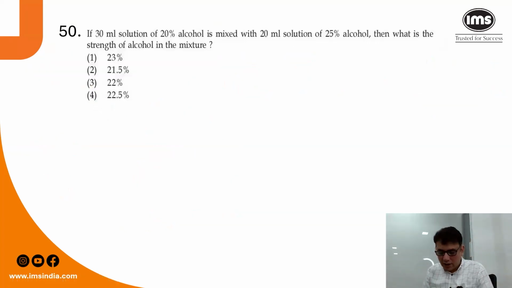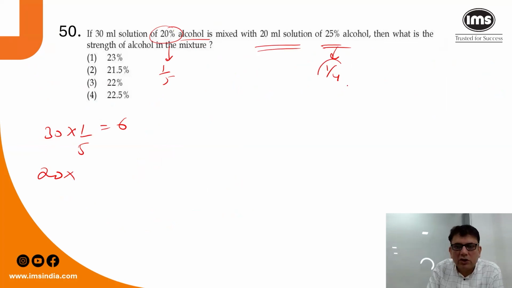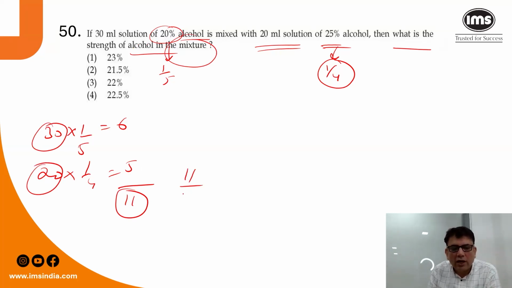Moving on to question number 50 and the last question for this session. If 30 ml solution of 20% alcohol, एक आपके पास 30 ml solution है, उसमें अल्कोहल कितना है 20%, which means 1/5, तो अल्कोहल कितना हो गया 6, is mixed with 20 ml solution, 20 ml solution है, उसमें अल्कोहल कितना है 25%, which is 1/4, इसमें अल्कोहल कितना हो गया 20 का 1/4 which is 5, टोटल अल्कोहल कितना है 11, then what is the strength of alcohol in the mixture, टोटल क्वांटिटी कितनी होगी 30 + 20 50,